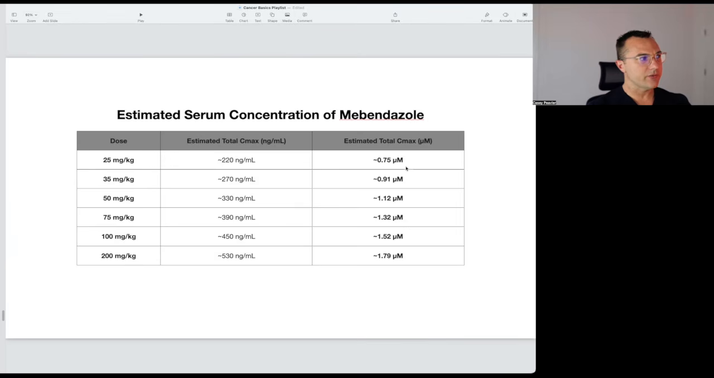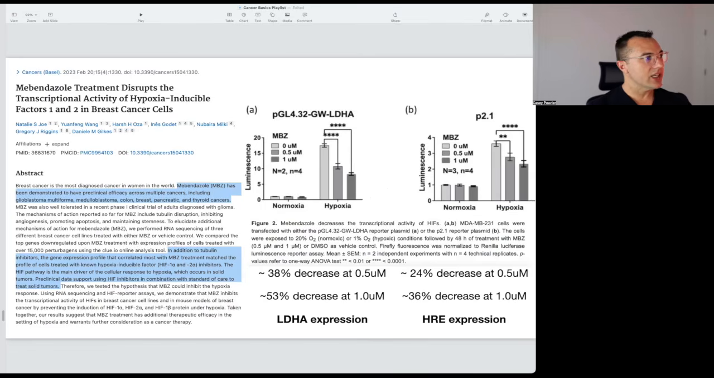So let's take a look at what those estimated micromolar quantities in the bloodstream would be after those respective doses. So we see here at what I would consider a minimum dose at 25 milligrams per kilogram, you're seeing about a 0.75 micromolar blood level. And at 50 milligrams per kilogram, you'll be looking at a greater than 1 micromolar blood level of mebendazole. And if you look at these studies, they're mostly using, and you'll see in other studies when we look at glutamine, that most of these studies are using 0.5 or 1 micromole as the dose that they're giving these cell